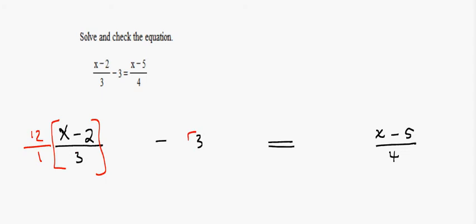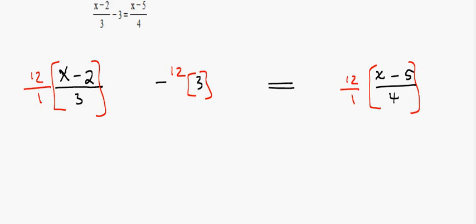Don't forget, this guy's got to get multiplied times 12 also. Sometimes we forget this little guy. Everything on the left and everything on the right. Or maybe a better way to say that is all terms. So this term is multiplied times 12, this term is multiplied times 12, and then this one. All right, now when we do that, what we'll have is